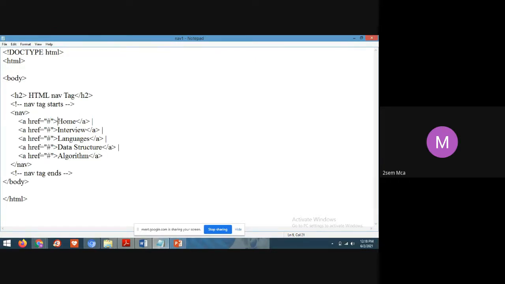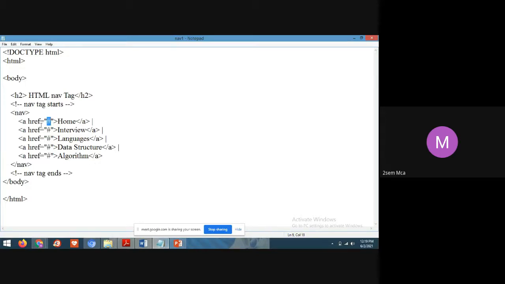In the syntax, I have told what text it should show on the output screen or in the web page. When you click on this text, it will redirect to that page. Inside the double quotes I have given a hash, or whatever address or file name I give. So when you click on this text, it will redirect to that file.